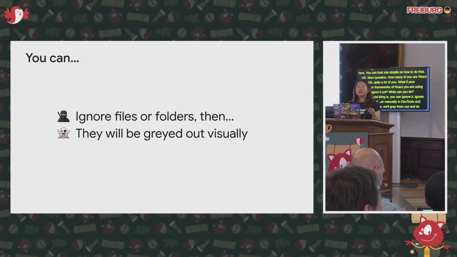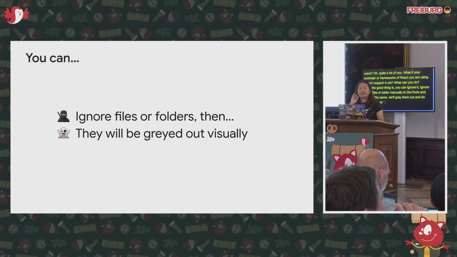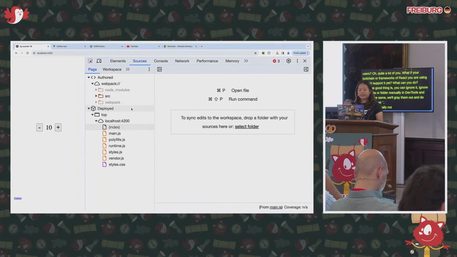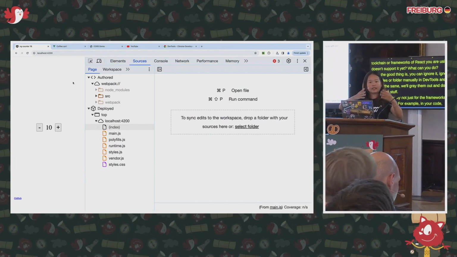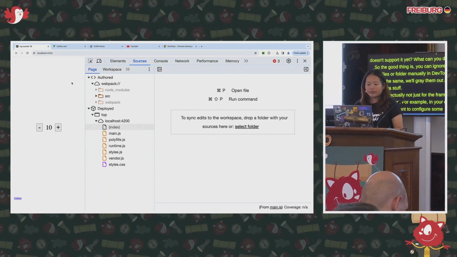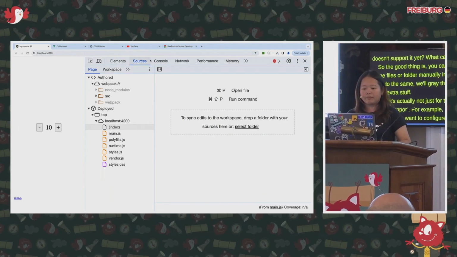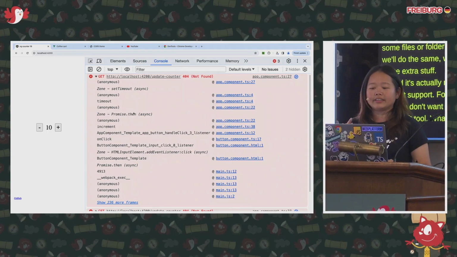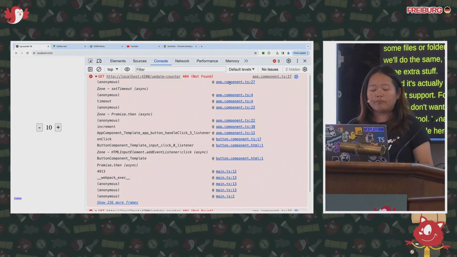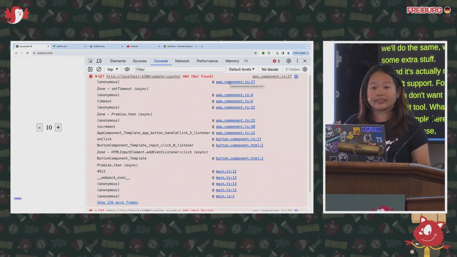And it's actually not just for frameworks that don't support it. For example, let's say you don't want to configure some extra stuff in your build tool. I'm using the same example here. Go to the console. Let's say in this case, app.component is something that you are not interested in.